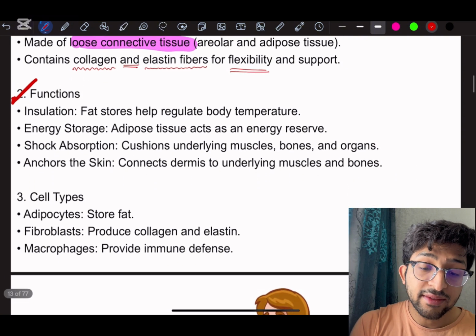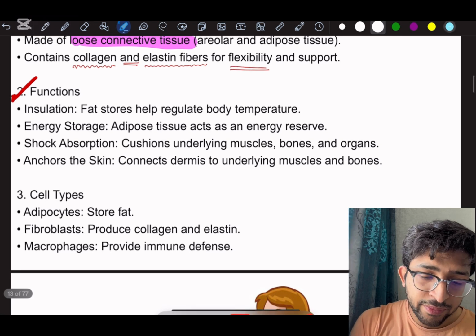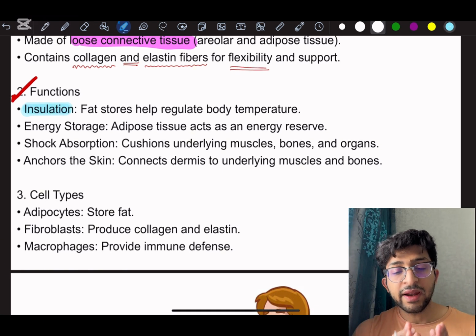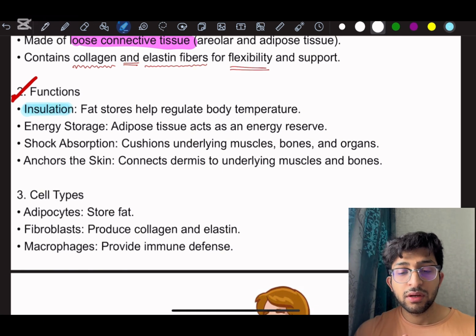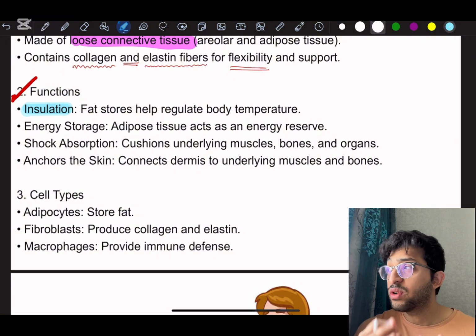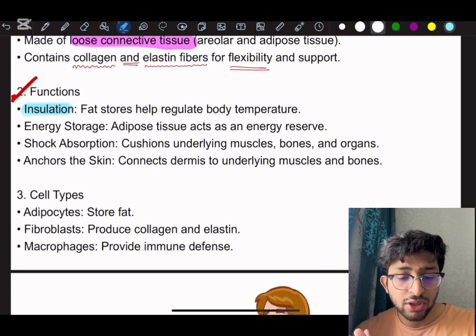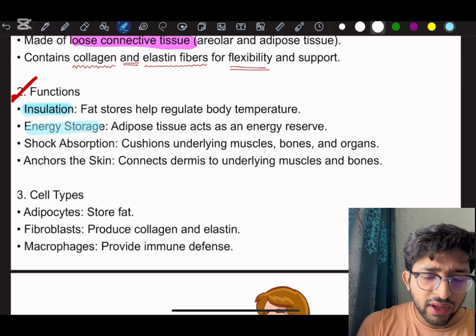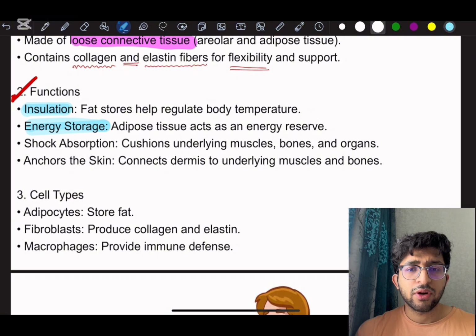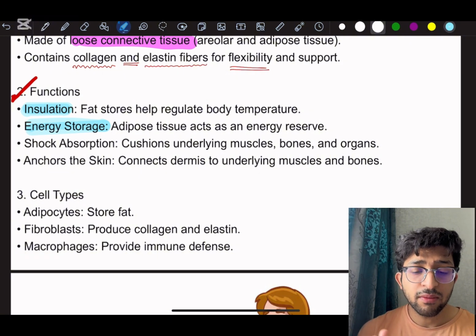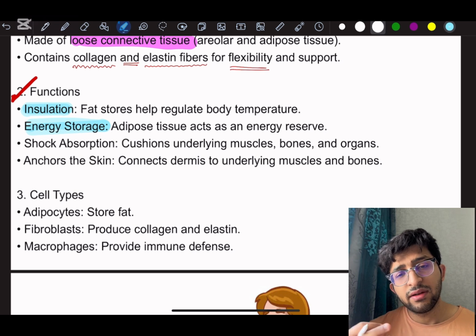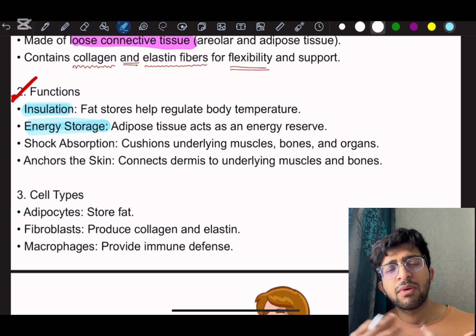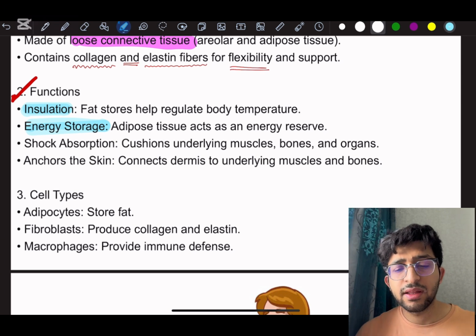functions such as the insulation. Insulation means the fat storage, and it helps in regulating body temperature and homeostasis, right? Second is the energy storage. We all know that, for example, even if we are hungry for even 11 to 12 hours, we can go for even more than that. The reason is that our hypodermis has some amount of fat storage, and they are using it as